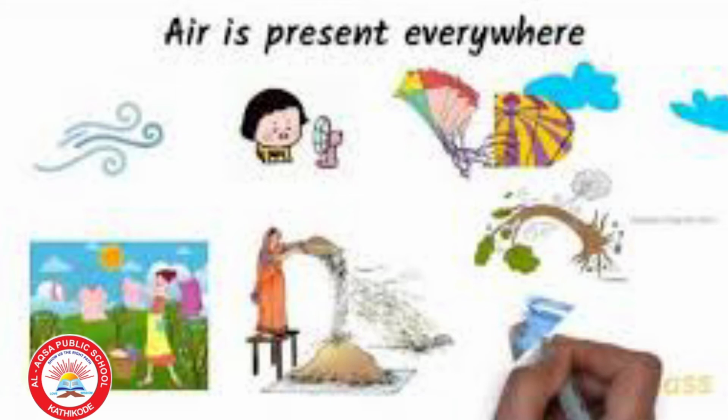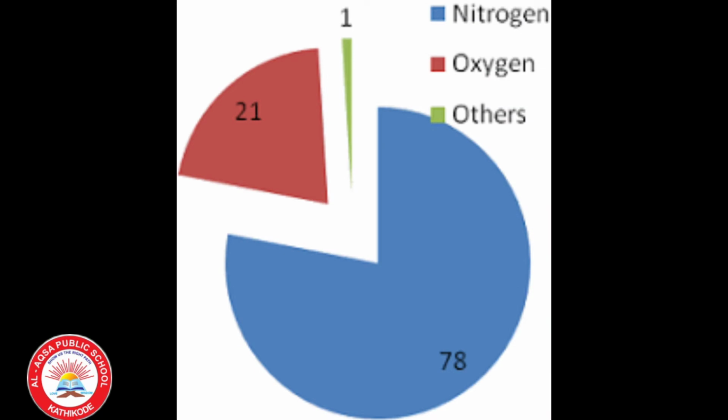It is transparent. And air is a mixture of many gases like water vapor, oxygen, nitrogen, carbon dioxide, dust and smoke. Nitrogen and oxygen gases together make up 99% of the air and the remaining 1% is constituted by carbon dioxide and few other gases, water vapor and dust particles. Hope you understood till this portion.